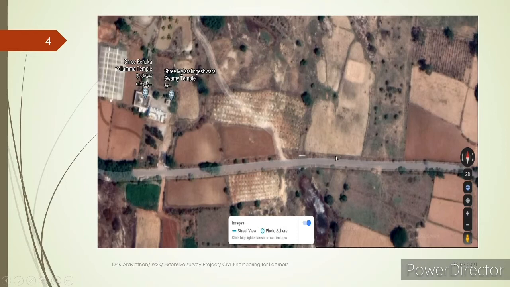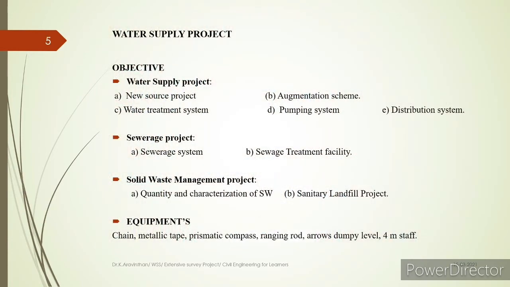And also for sewage, that is for sanitary works, the sanitary pipes have to be installed along with the road, and it has to be collected, and at the lower point of this area you have to provide a septic tank or a collection chamber. In the collection chamber, you will be collecting the sanitary waste, and it has to be collected in the septic tank. So this has to be surveyed here.